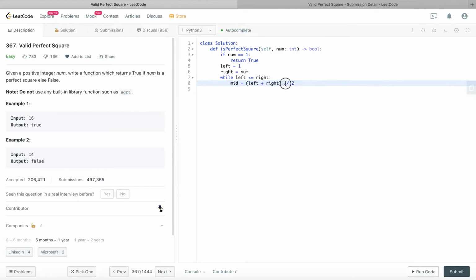I'm using integer division here because I don't want a decimal number. The square is going to be mid times mid, and basically we just compare if our square is equal